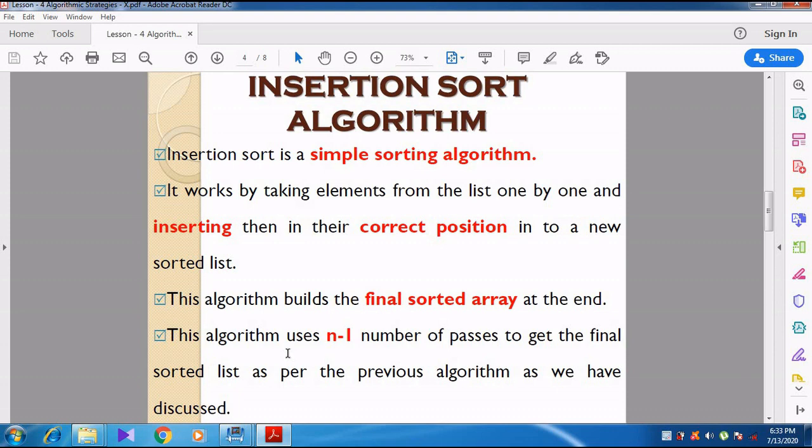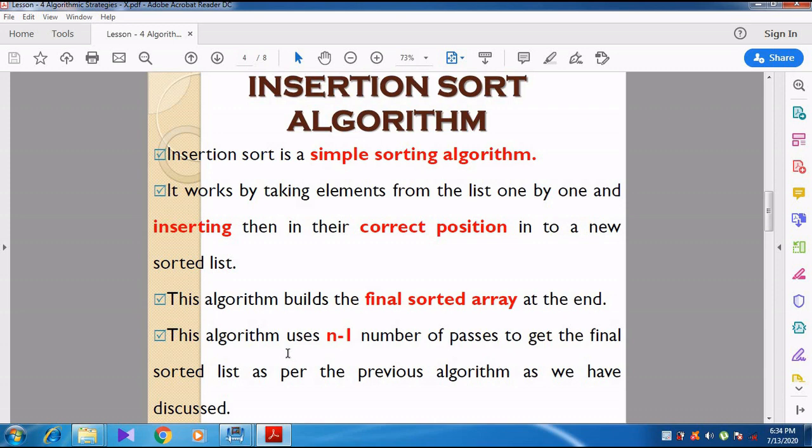So what is meant by selection sort algorithm? Selection sort means we select the smallest number in the given array and then we swap the smallest element to its particular position. When it goes for the first pass, the first time the iteration works, it finds the smallest number and swaps it to the first position.